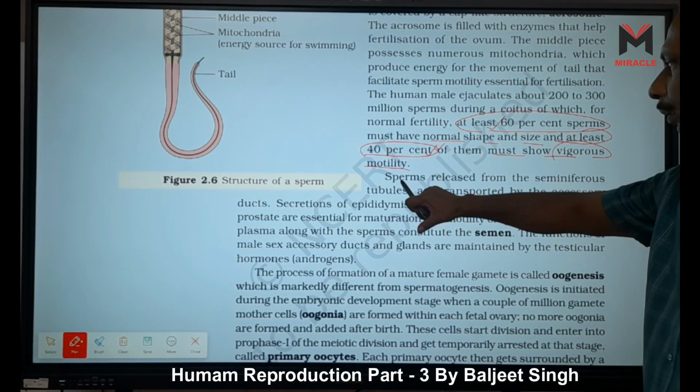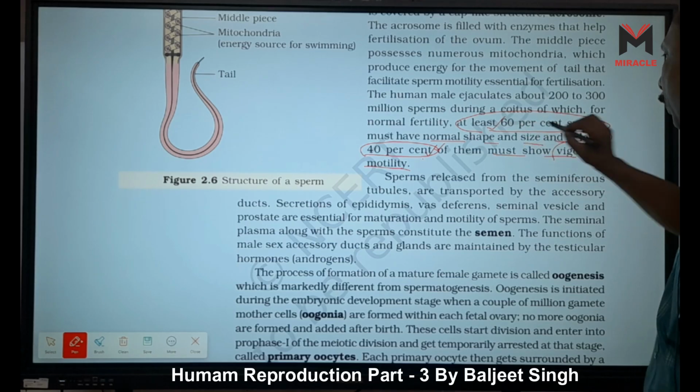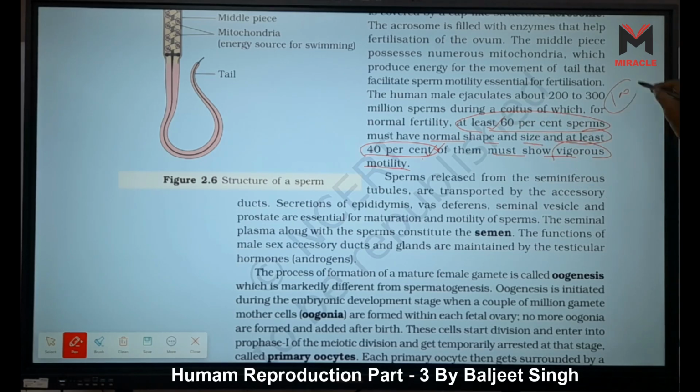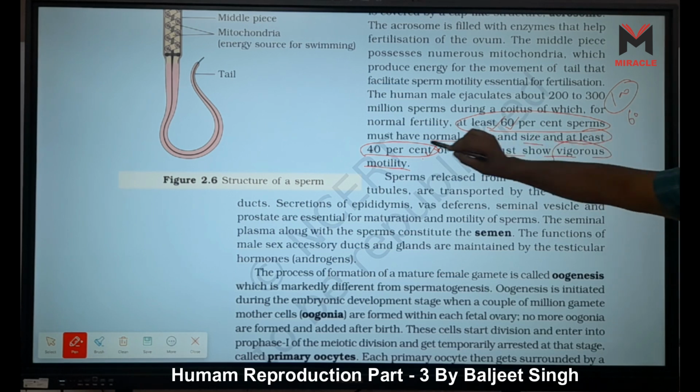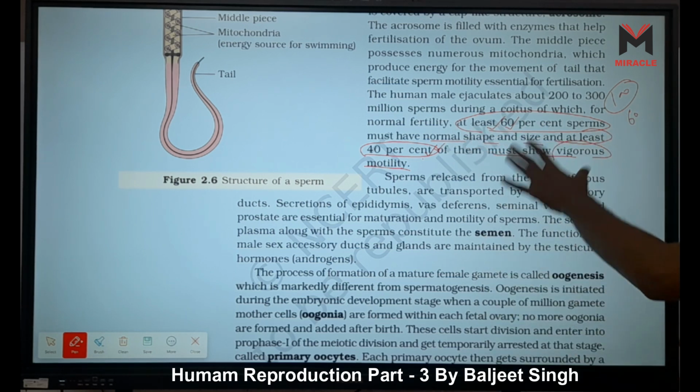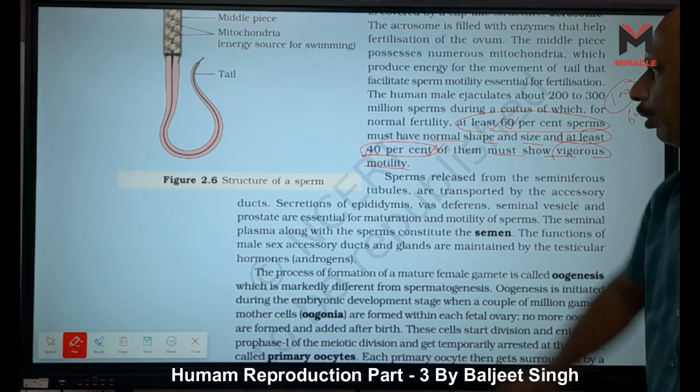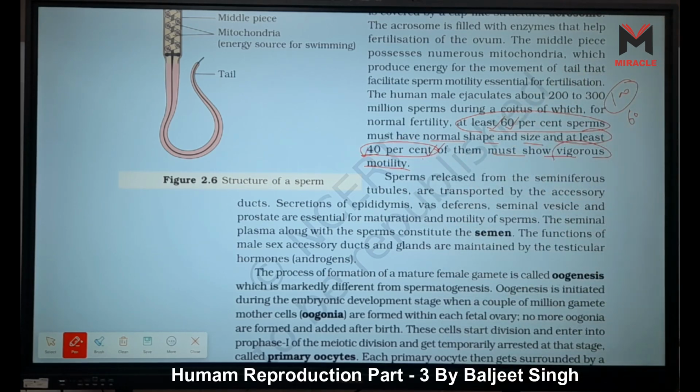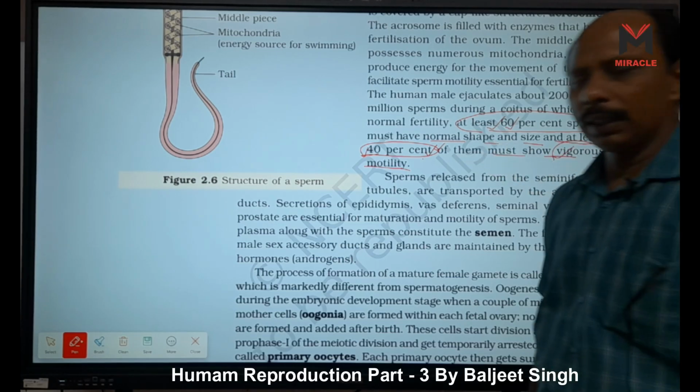Now here, suppose that I write here 100 sperms. So what do you mean by 60% sperms? 60% means 60 sperms, right? They have normal shape and size. And what is the meaning of the 40%? It is not the 40% of this 100, but it is the 40% of 60 sperms. What is the 40% of 60 sperms? It is 24 sperms. They must have the vigorous motility,